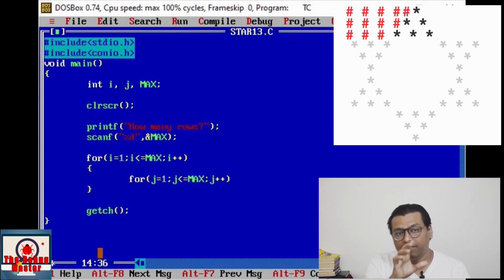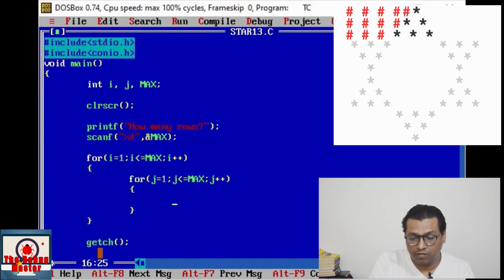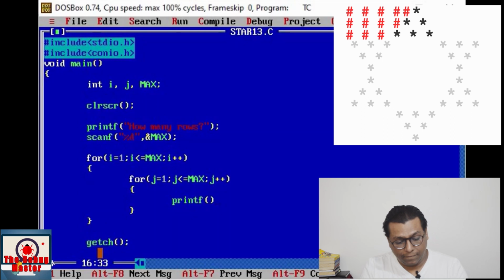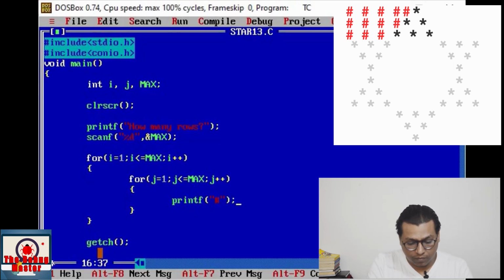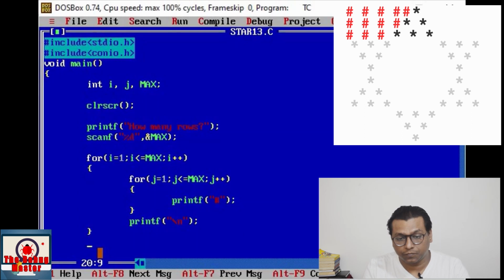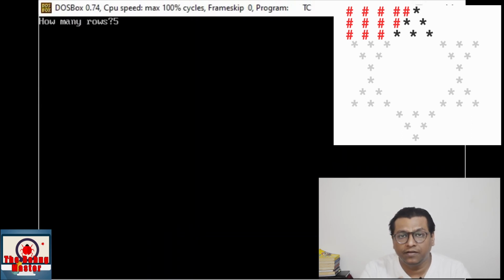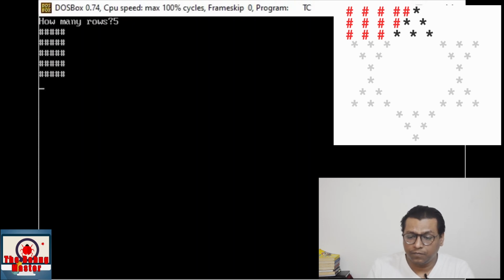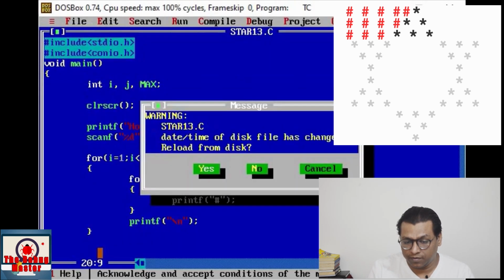See friends, it is a square pattern. So here the limit is max, printf statement over here to print a new line character, save and run. Right, to print 5, right? So simply proceed to print